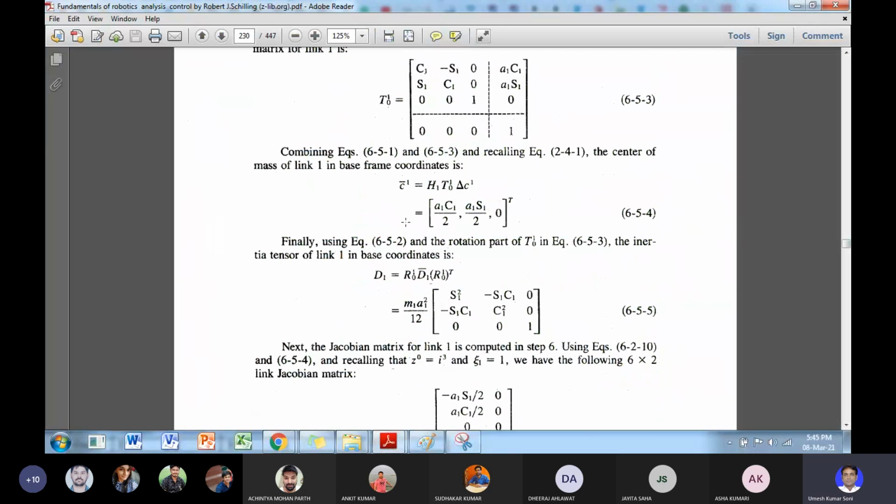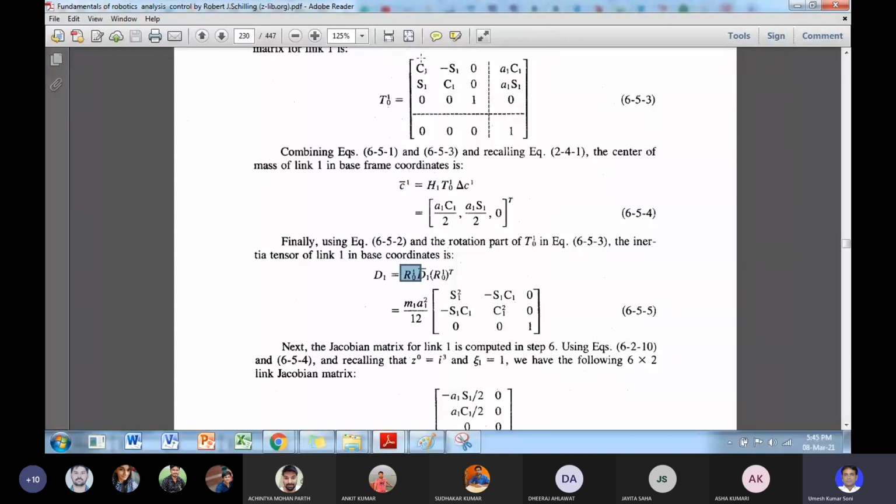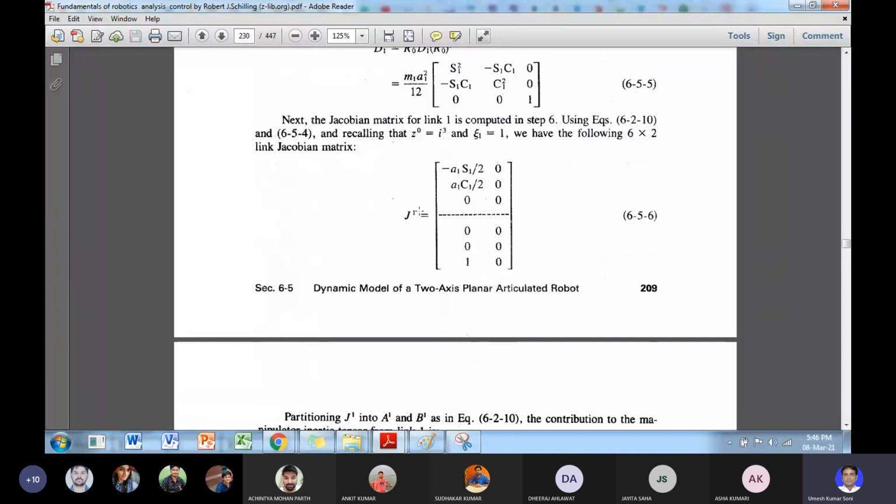So you have determined the C1, and you also have to determine the inertia tensor with respect to the base. To determine the inertia tensor with respect to the base, you will calculate using this equation, this matrix, and the orientation matrix here. This is the orientation matrix and this is the transpose of the orientation matrix, and what we will get is this equation. So finally J1 will be given by,